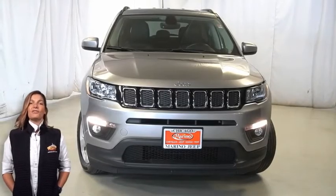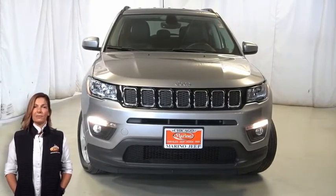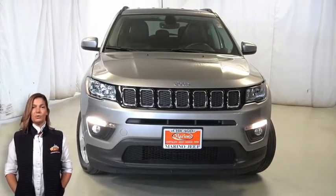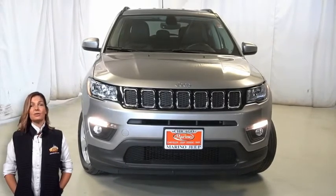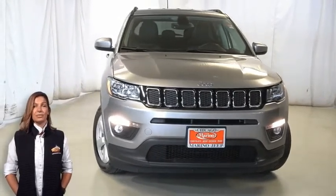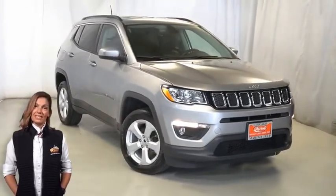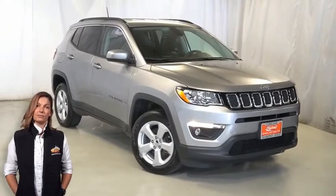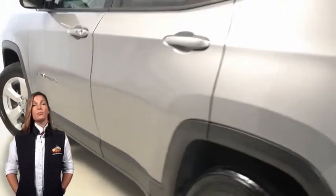If you're looking for a functional compact SUV with reliability and safety for the whole family, then take a look at this 2018 Jeep Compass Latitude in billet silver. With halogen quad headlamps, daytime running lamp system, 17-inch silver painted aluminum wheels, exterior mirrors with heating element, bright daylight